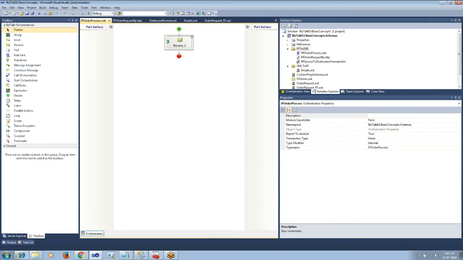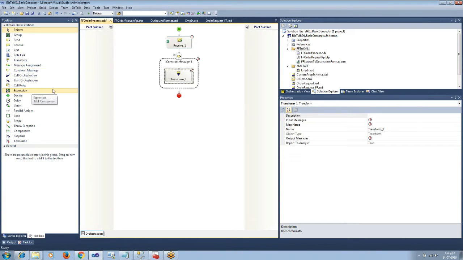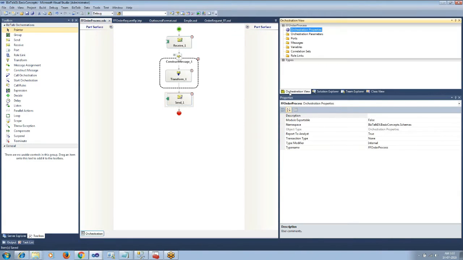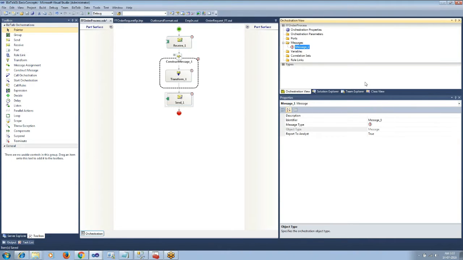I will bring in a receive shape. Then have the transform shape and then have the send shape. We will receive the disassembled flat file message in XML format and then apply the map and then send the transformed output to the destination system.